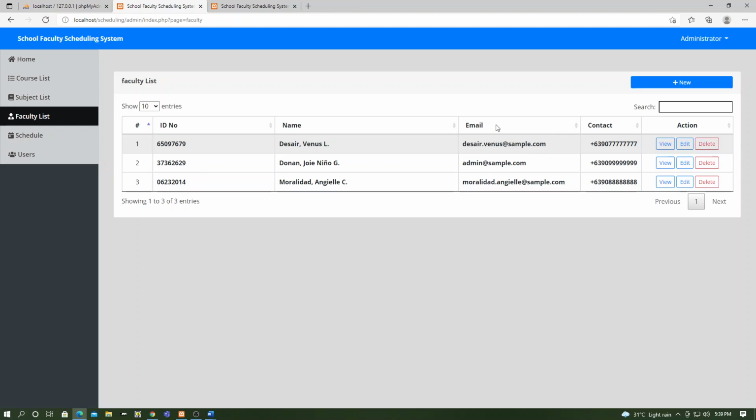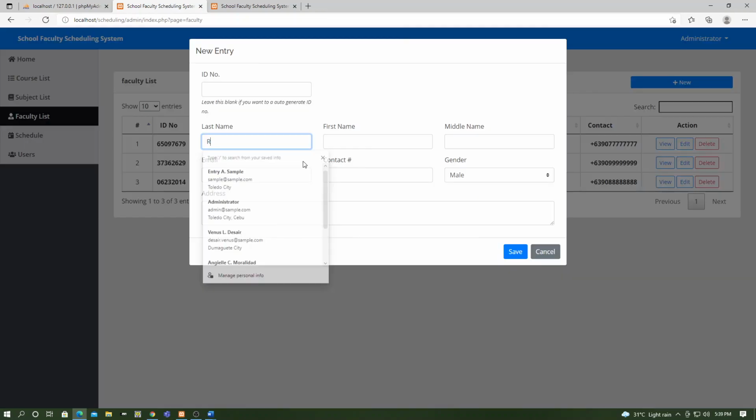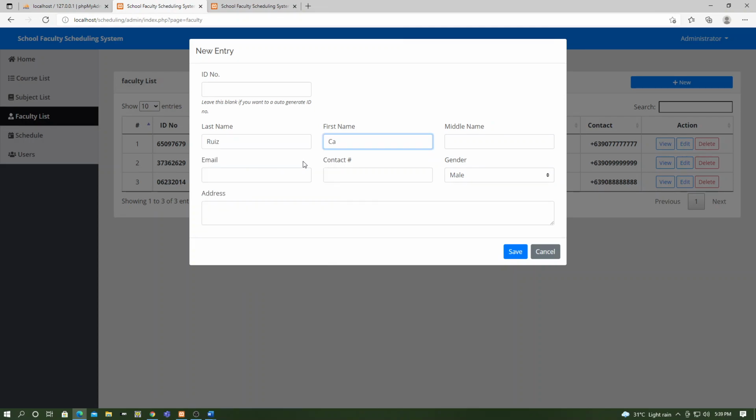You can also add another faculty or employee. Just click the new button. For example, Ruiz Carlo L., the email address, the contact number, the gender, male or female, and the address, let's just put Toledo City.